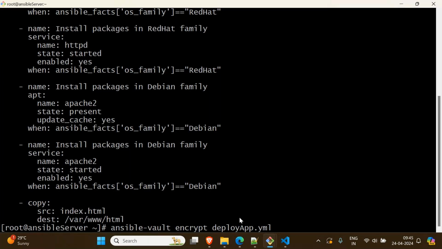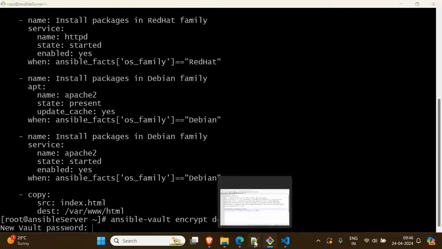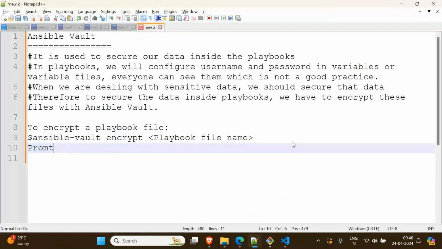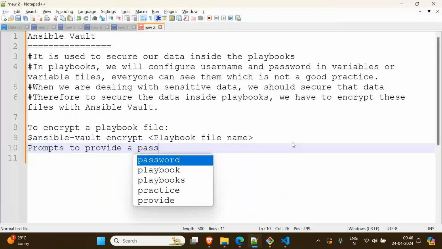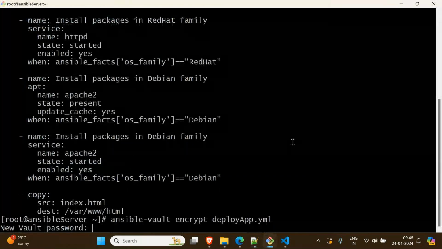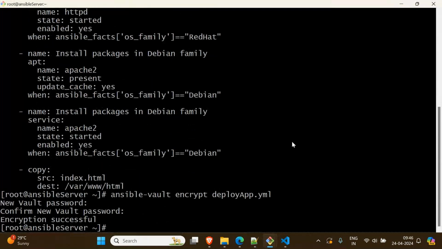Enter. It will ask for a password. Be very careful when giving the password, so that later you are not unable to retrieve it. It will ask for a new password, and then confirm password. So here I will give a password and confirm the same password. Note it down somewhere. Now if I use the same cat command,